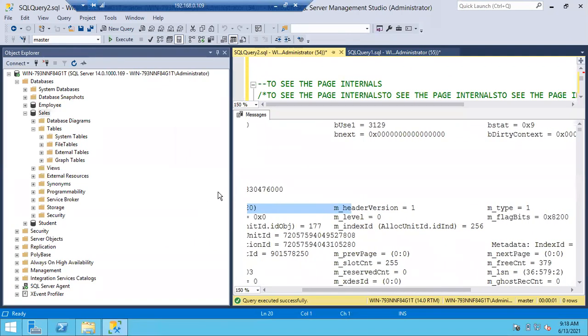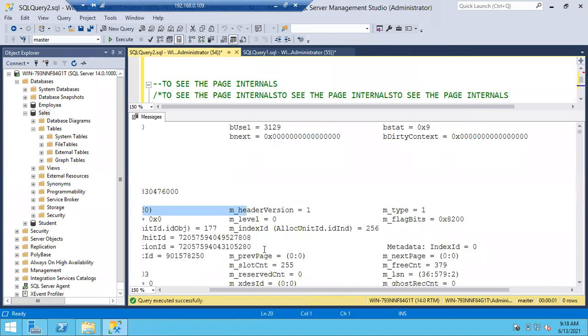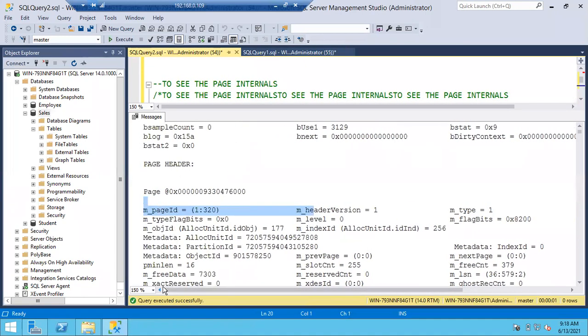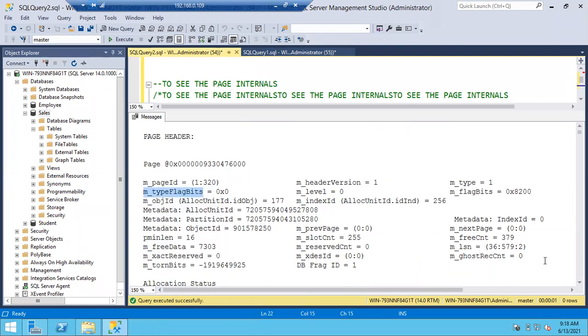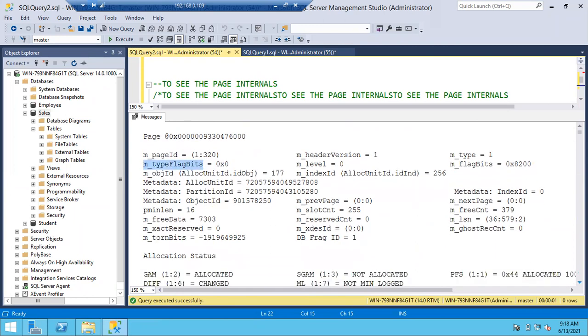Okay, you can see here. Let me drag a little bit to the left. How much free space is there? If you go down, you can see the free space also. You can see it in the page header only. Here you can see all the values.